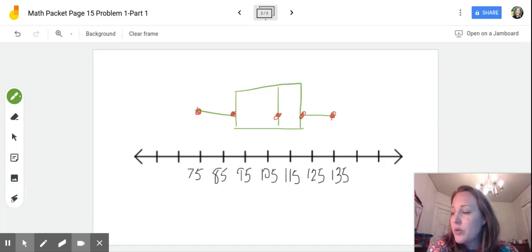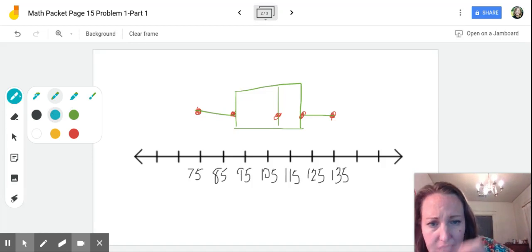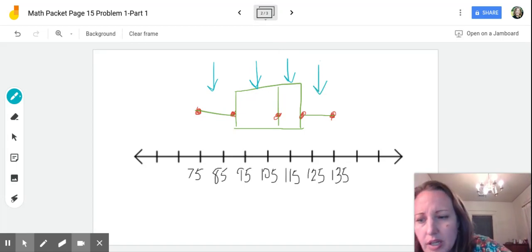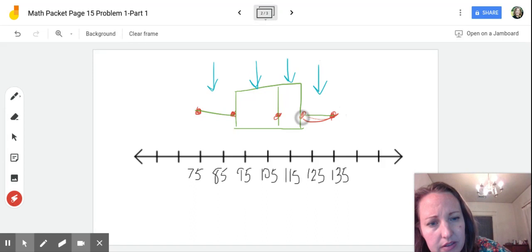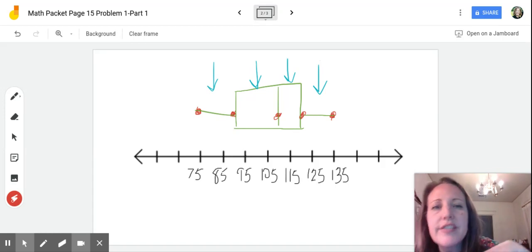Part B says, what questions could you ask about the data shown in the box plot? Here's the cool thing. On a box and whisker plot, each piece, so there's 1 here, 1 piece there, 2, 3, 4. Between these 2 dots here is a piece, right? Here's a piece, here's a piece, here's a piece. There's 4 of those. Those are called quartiles, right? Each quartile,